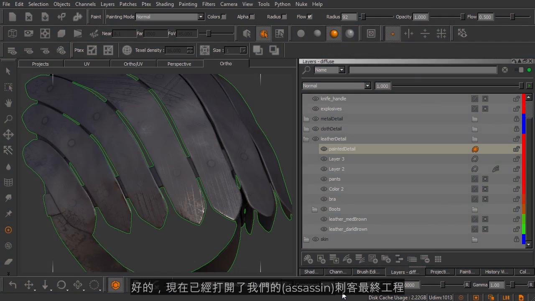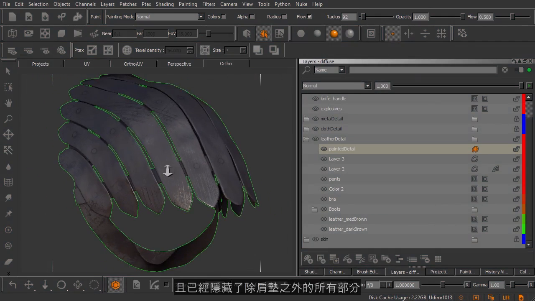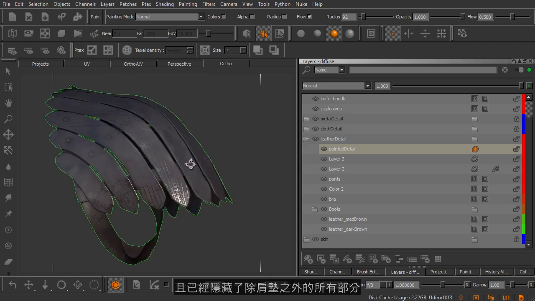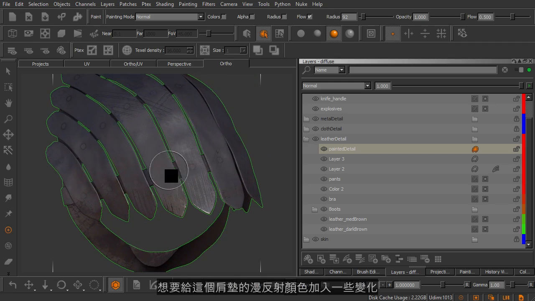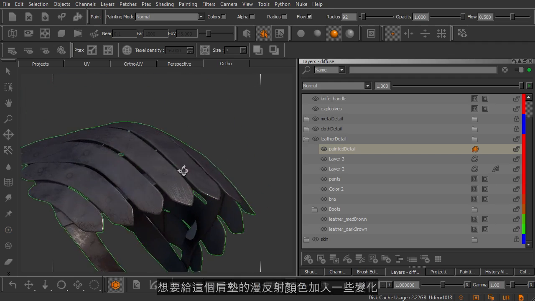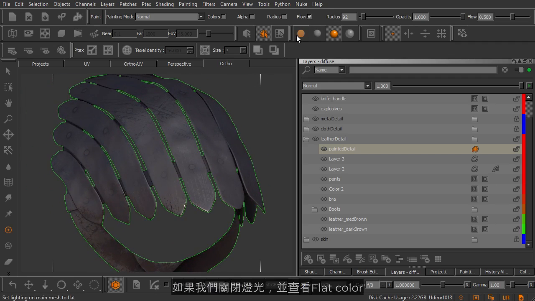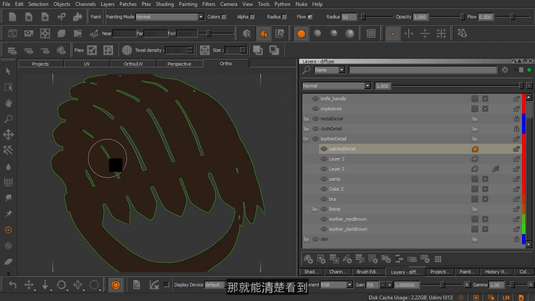All right, great. So again, I have our Assassin Final project open here, and I've hidden everything except for this shoulder pad here. Now, for the purpose of this video, let's just say that we're wanting to add some variation to the diffuse color of that shoulder pad. If we were to turn the lights off and look at flat color, you can see that really it's only